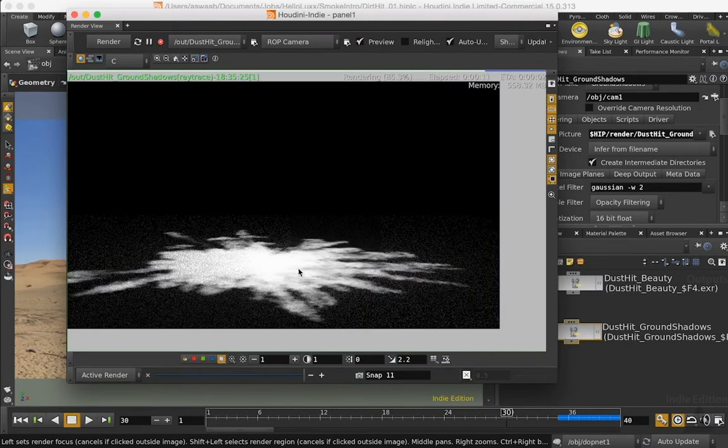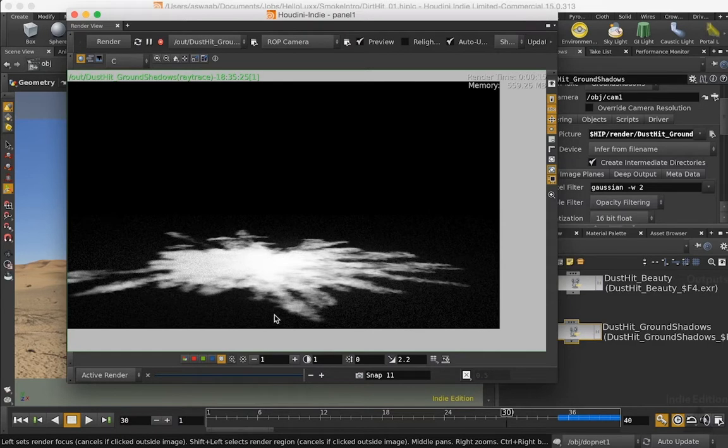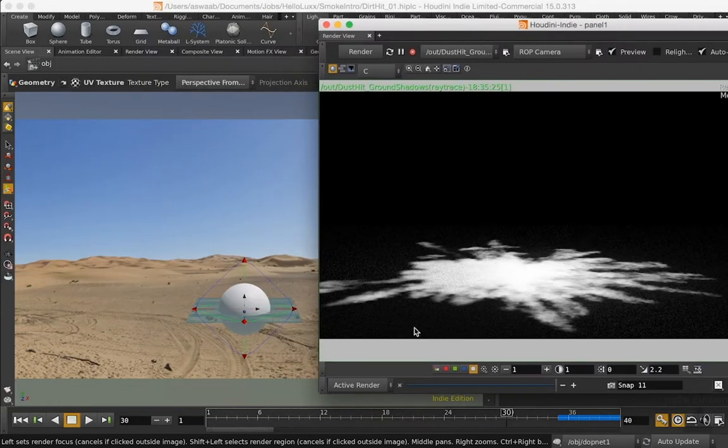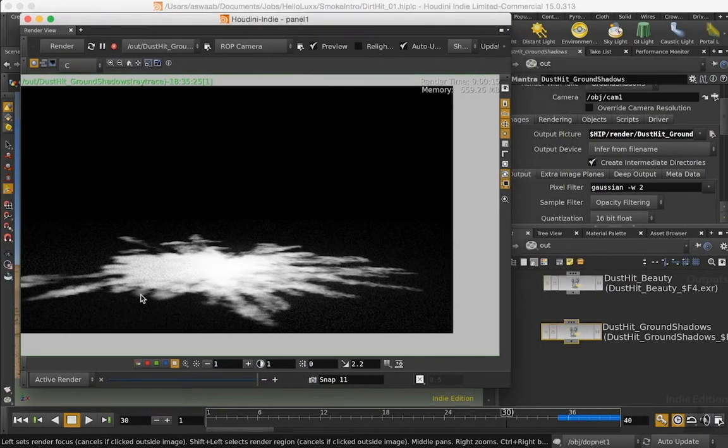Now if you look at the alpha channel, this is what we're going to be seeing. So our beauty is going to be black, but the alpha channel is going to have all this shadow information in it. And when we composite, what will happen is we're going to just use this alpha channel to color correct the background. And we can see a little bit of noise in here, but we're just going to live with that for now, just because I want to kick out some renders. But